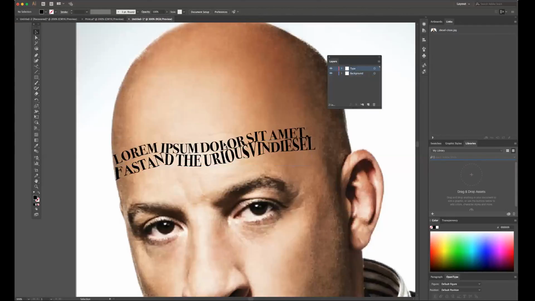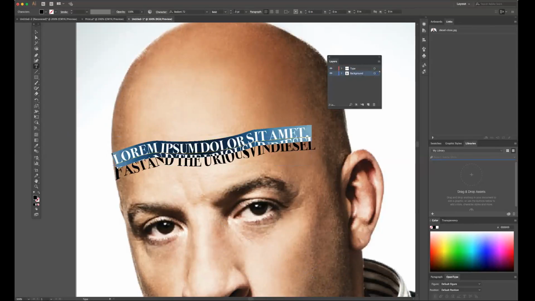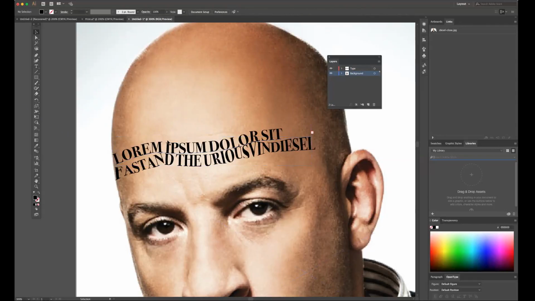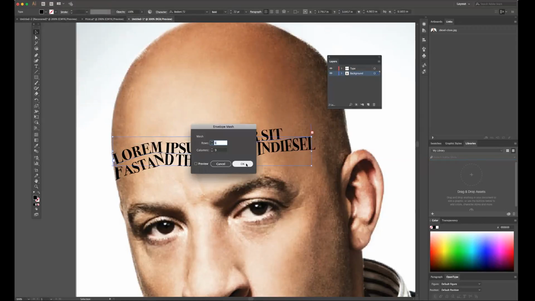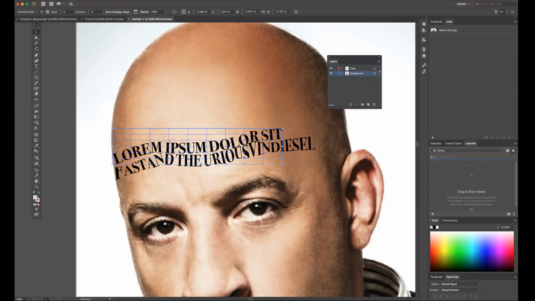You can either increase the font size, make it smaller, whatever you want, but the more adjustments or font differences, kind of the better. It looks nice. Okay, so go to Object, Envelope Distort, Make with Mesh, same settings, hit OK. And I'm just going to get this L to kind of wrap around the edge. And I really want these letters to kind of blend into each other.